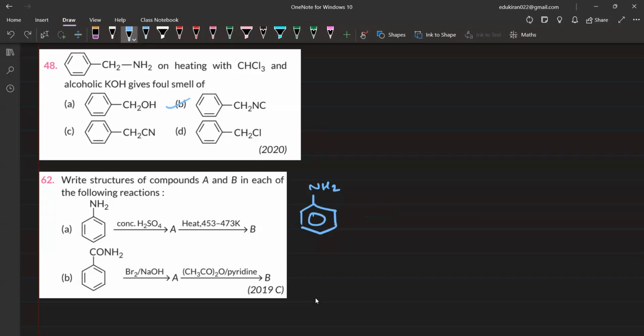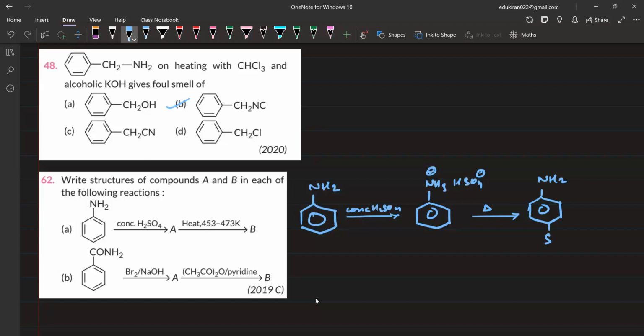यहाँ कंसंट्रेटेड H2SO4. आई थिंक योर आंसर आया, आपको यही देख लीजिए. कॉन्क H2SO4. You'll have NH3 positive or HSO4 negative, right? Once you heat it, you will get सल्फोनिलिक एसिड NH2 और यहाँ पे आपको मिल जाएगा SO3H। इसके बाद आप इसका ज़ोट्रायन भी बना सकते हैं, बट नॉट वेरी मच रिक्वायर्ड। यहाँ पे आपके पास you have amide